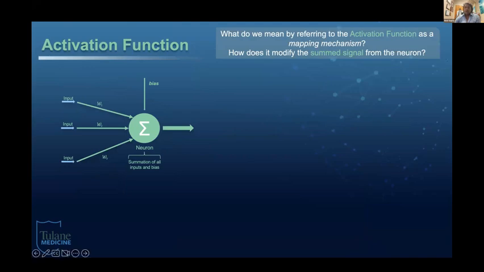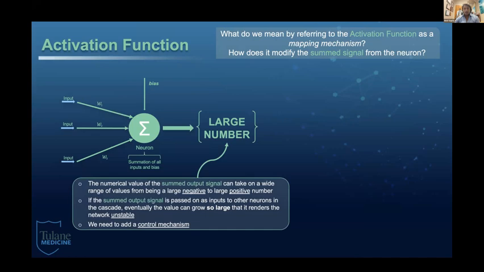So what do you mean by referring to the activation function as a mapping mechanism? And how does it modify the sum signal from the neuron? So let's look at this cartoon again. We have a variety of inputs which have different weights. The weights can be significant or not so significant depending on the value. Resulting in the artificial neuron, we have bias, and then we have a sum signal, and the number could be quite large. So what do we do with this number, and how do we improve it so we have a more functional output? Again, the summed output signal can take a wide range of values from being really negative to really positive, and then